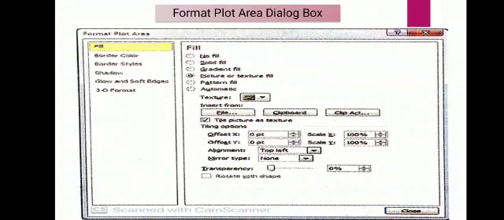So see, in this diagram it has selected the picture option. In front of texture, a more drop down arrow button is present. Click on it. It will give you a dialog box of different types of texture. Then select whatever type you want to insert in the plot area. Then close it.